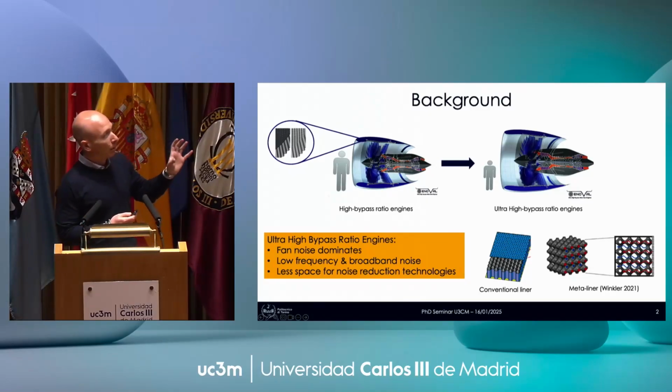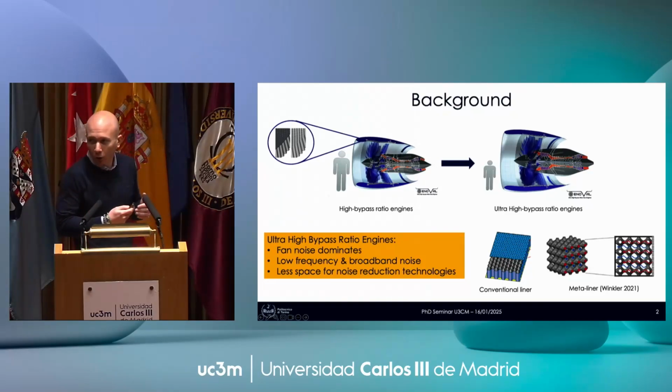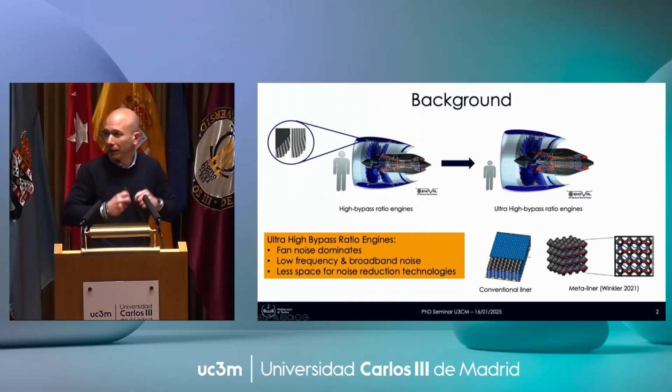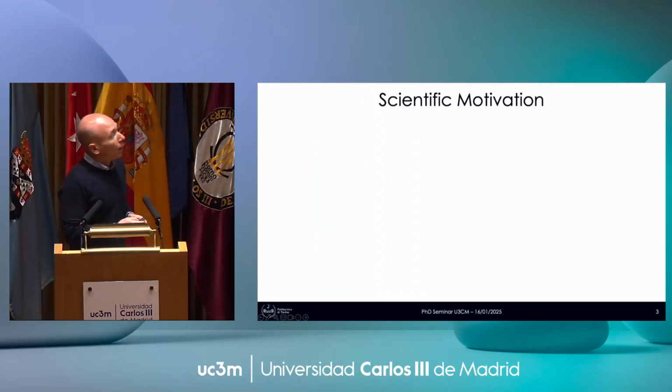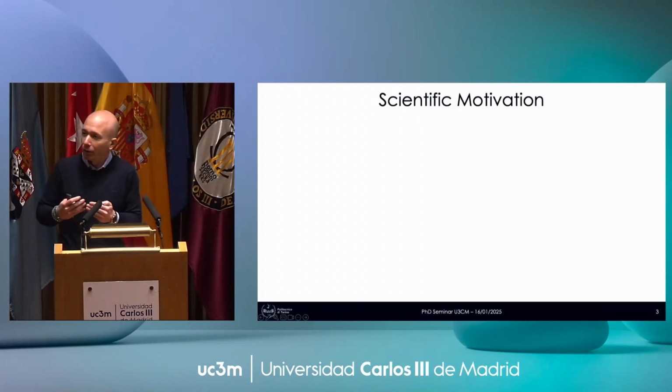Of course, we need to keep in mind that if we expose a surface like the one on the right, then the aerodynamic drag also increases, and this is not good. So we cannot simply take a porous material and put it in the flow. But before moving to a new liner, the question is, do we know everything about how the conventional liner works? Let's start from the quantity that we use